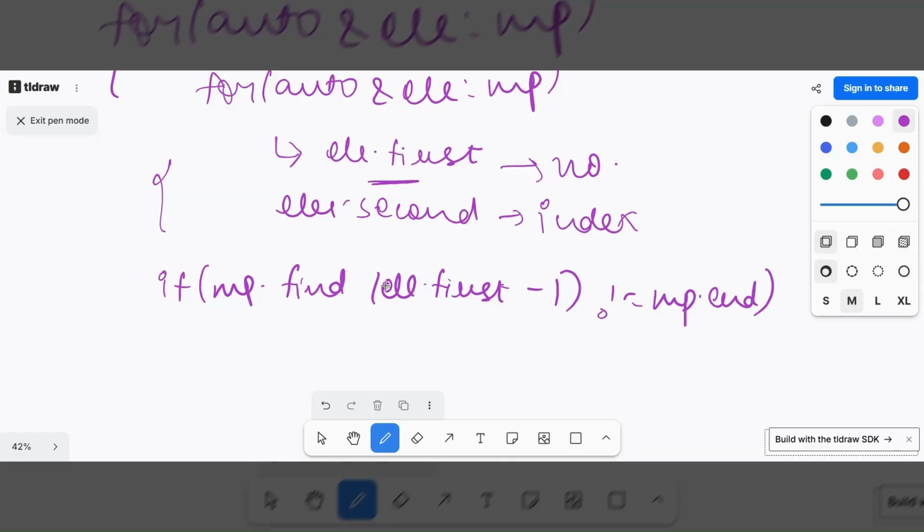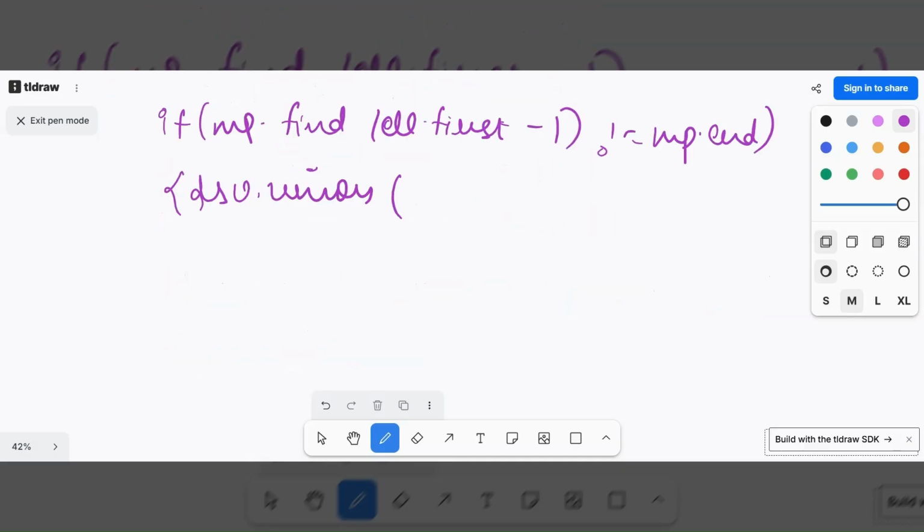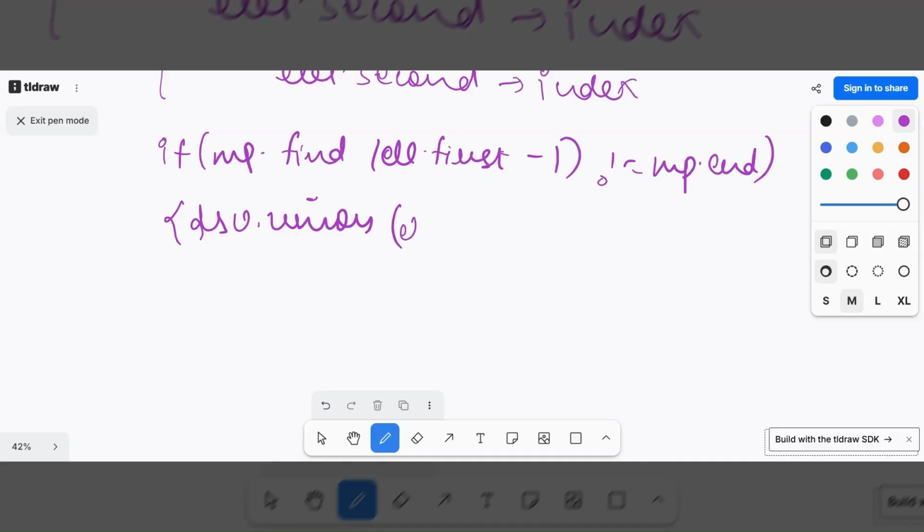That means element dot first minus 1 exists in the map. Then we will do the union of element dot first and element dot first minus 1. We will do the union of indexes. So one of the indexes will be element dot second and another will be map of element dot first minus 1, which we have found. That means these two are united now.